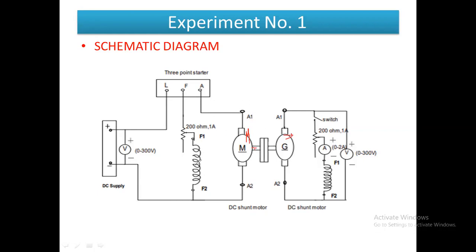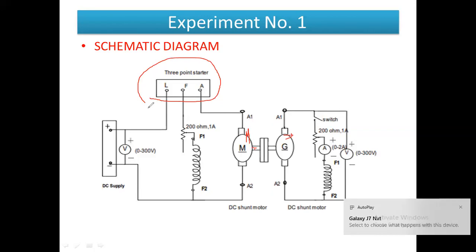For limiting the starting resistance of the motor, that means to start the motor, we require a starter, that is a 3-point starter. Okay, we require a 3-point starter. Now with the help of the 3-point starter,